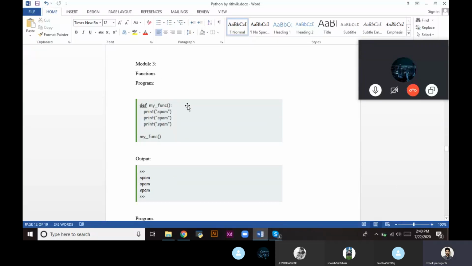Why do we use functions? Because we want to reduce the size of the program. We need to decrease the number of lines in our program. Where we need to use the same code again and again, we just declare it under a function and call it n number of times wherever we require in the program, just by entering a single statement.